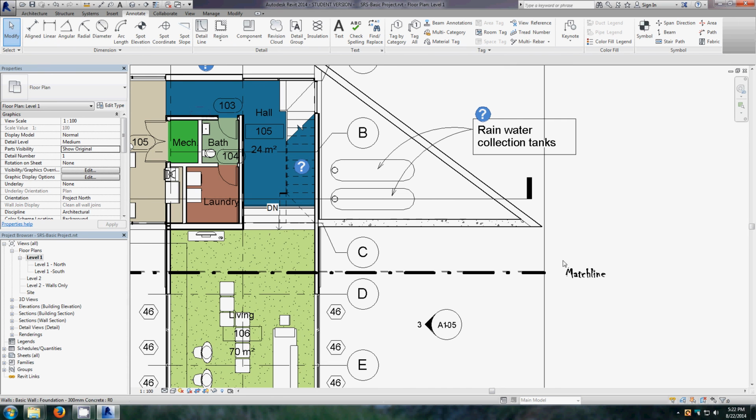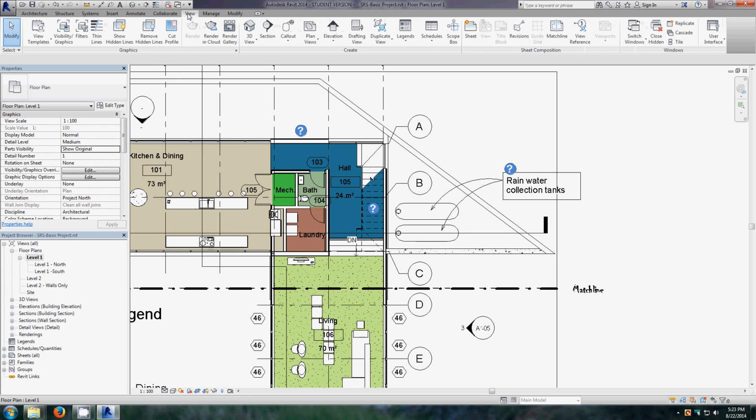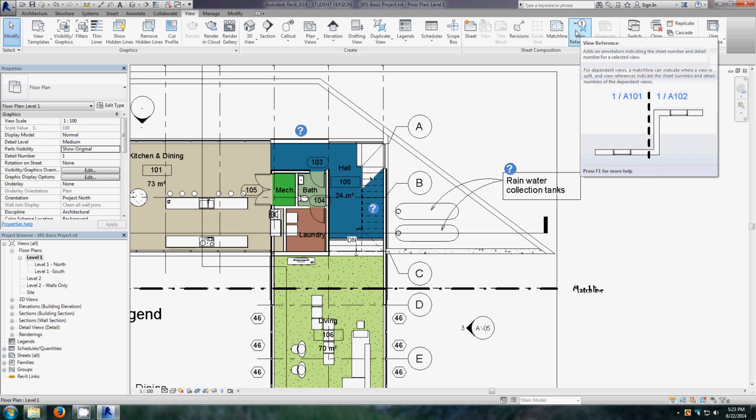Okay, the last thing to do for setting up these two sheets is we need to designate and tell which sheet is the north half and which is the south half. To do that, you go back up to the ribbon in the View tab, and right next to the Match Line button is another command called View Reference. So select View Reference,